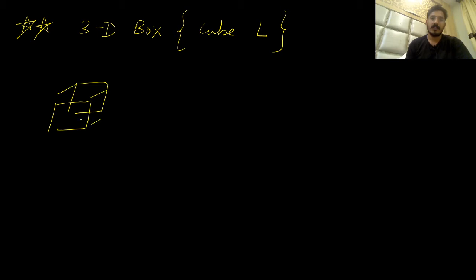Okay, 3D box which is a cube of length L. Each side length is L, so this is a cube. So I suppose that all of you just know the solution for the Schrodinger equation for this 3D box system, which you have done in your course in quantum mechanics. So for this we can write